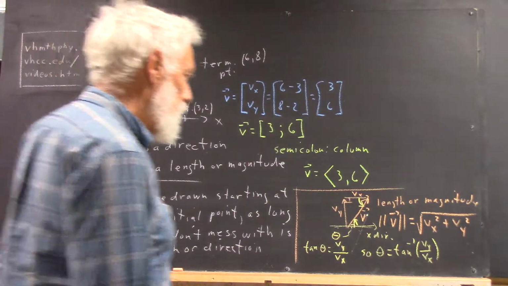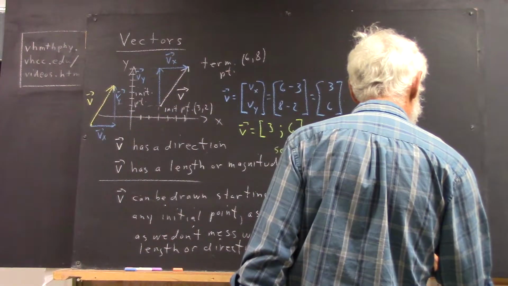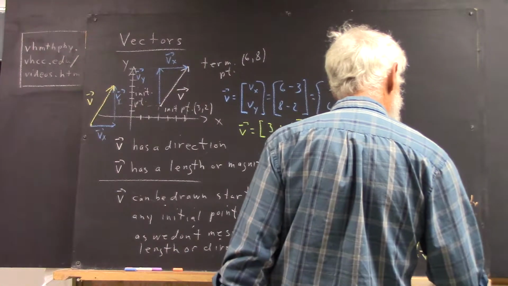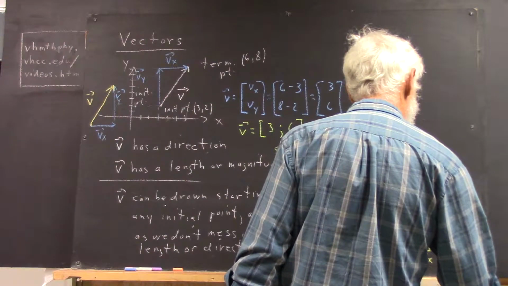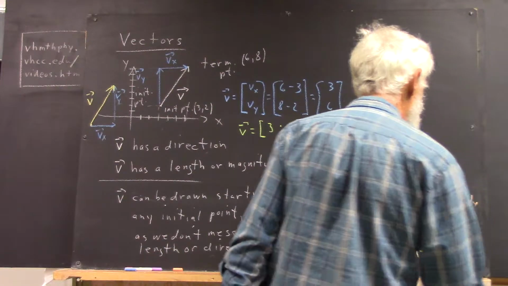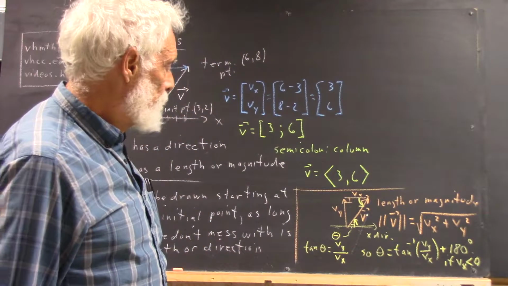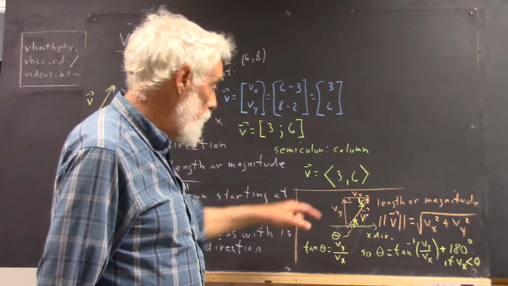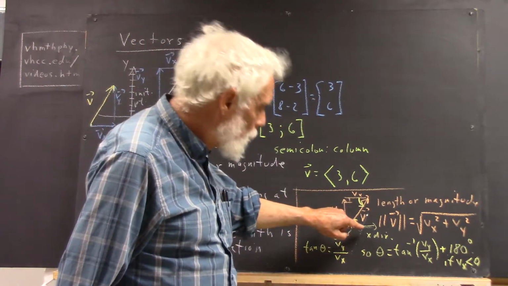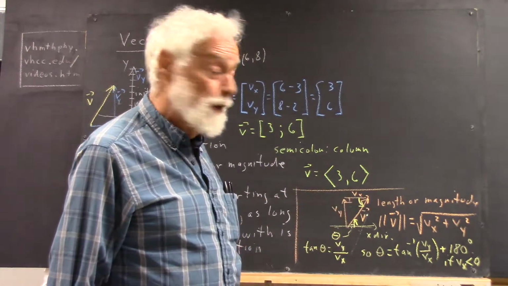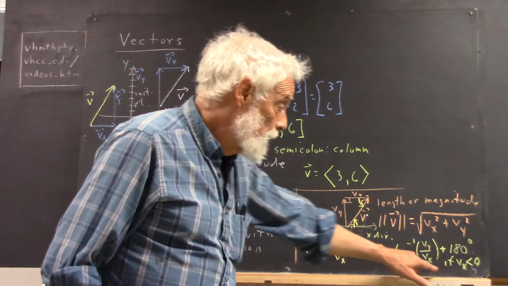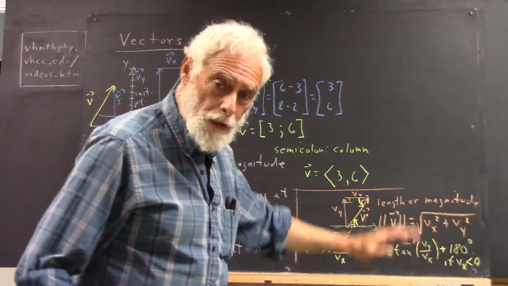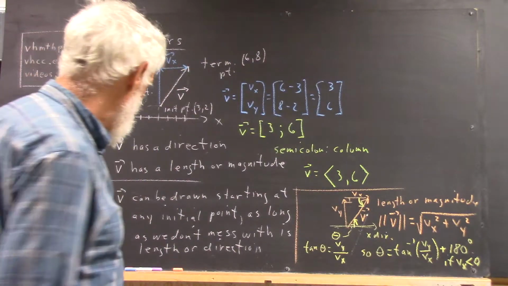So the way I designate this is plus 180 degrees if Vx is negative, and that takes care of it. And now theta is the angle, and you'll hear this again and again, theta is the angle of this vector as measured counterclockwise from the positive x direction. That defines the angle in terms of the components, and of course the components are easy to find in terms of the angle. And I can write that out,